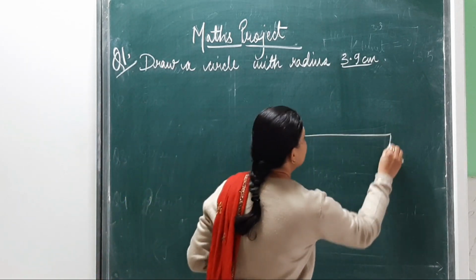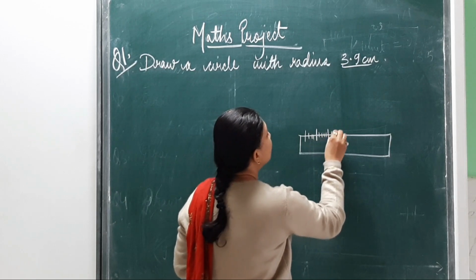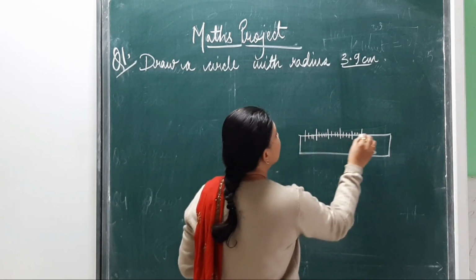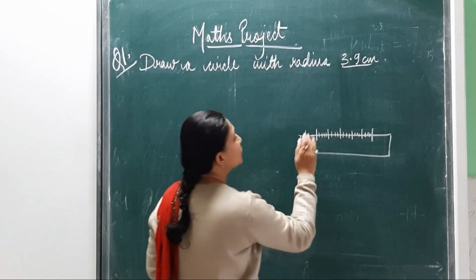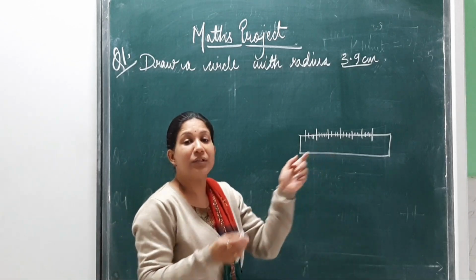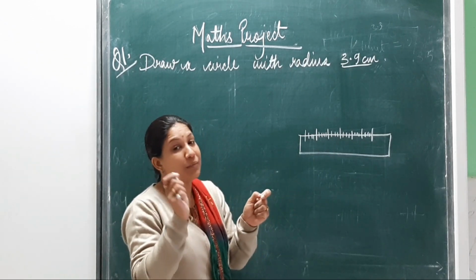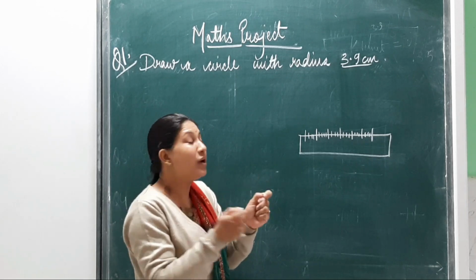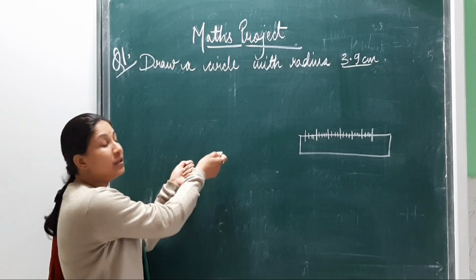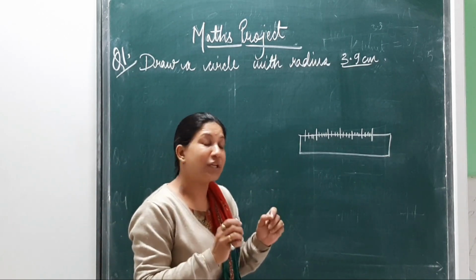What you do, children, take out your ruler and check that it should be accurate, it should not be damaged, and the marking of 0 should be there, else you move from 1 and start. Now over this you place the compass. For the compass also remember it should be tight. What happens is, when you measure and in the meantime bring it here, the measurement gets changed. So it should be tight enough.